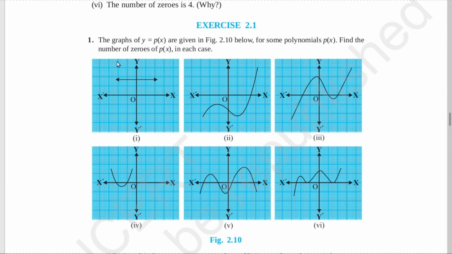Exercise 2.1, first question. The graphs of y is equal to p of x are given in figure 2.10 for some polynomials p of x. Find the number of zeros of p of x in each case. So here there are 6 graphs given. So you need to find the number of zeros from the given graph. So first one,